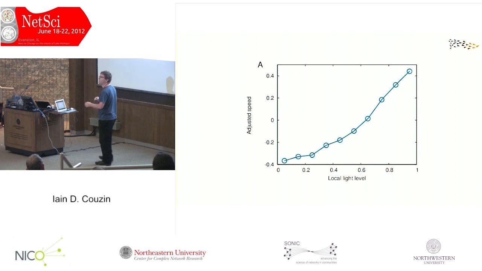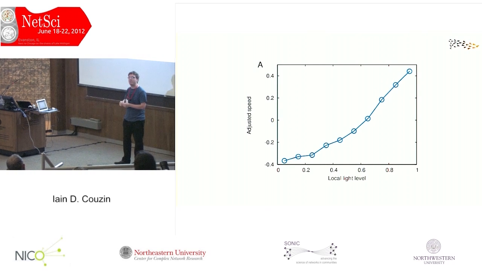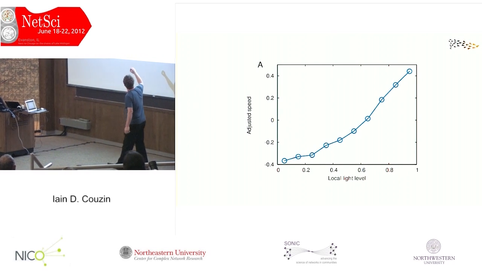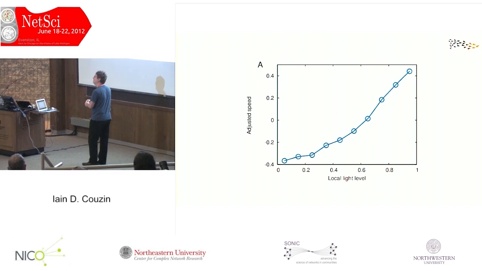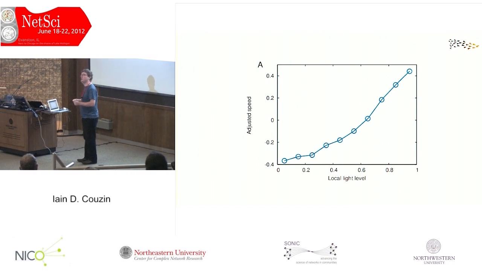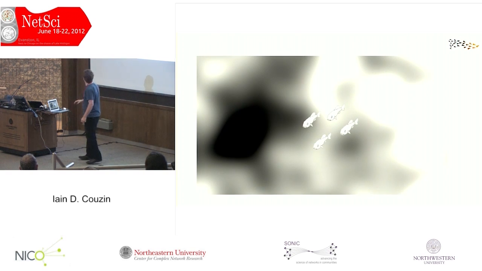And it's very, very simple. What the fish are actually doing is simpler than we could possibly imagine. They're simply modifying their speed according to a scalar measure of the local light level. They move more slowly in dark regions and faster in light regions. And so if you consider these fish to be in a gradient, and they have an environmental stimulus, i.e. the direction of that gradient, versus their social stimulus,